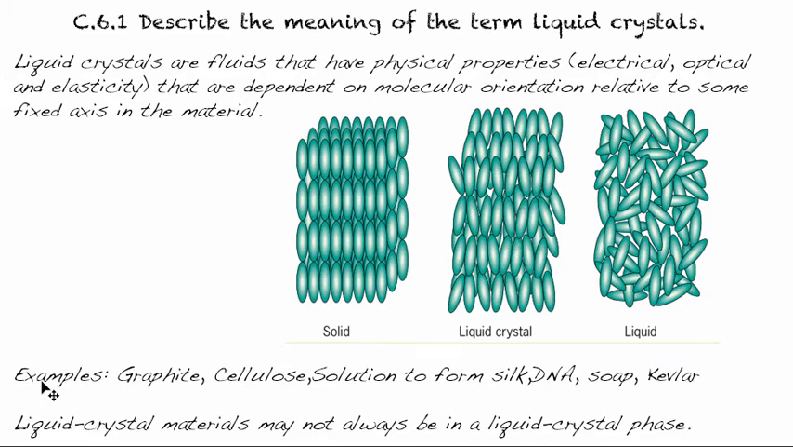Some examples of liquid crystals are graphite, cellulose, which is found in our plant cell walls, the solution that actually forms silk when a spider is making a web, DNA, soap, and Kevlar. And Kevlar has been a material we've looked at before as a polymer. So there's some connections you can draw there. Liquid crystal materials may not always be in the liquid crystal phase. So this phase will only exist in a certain temperature or concentration, and we'll look at that in another